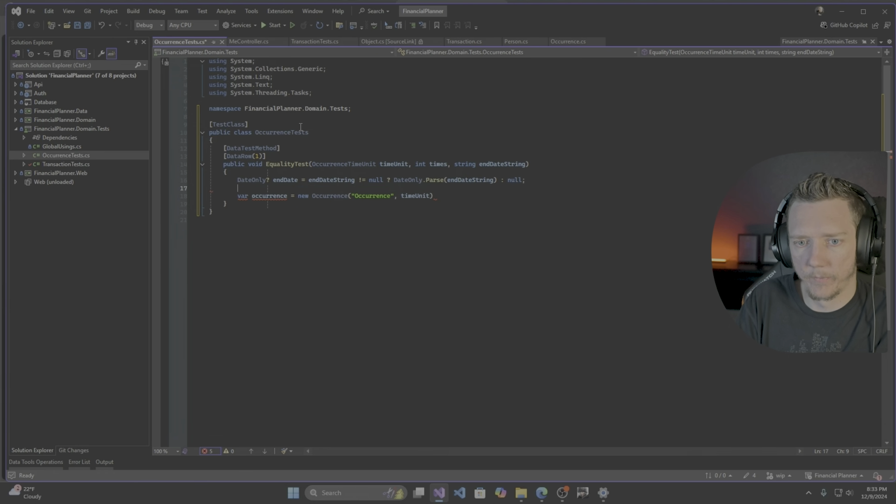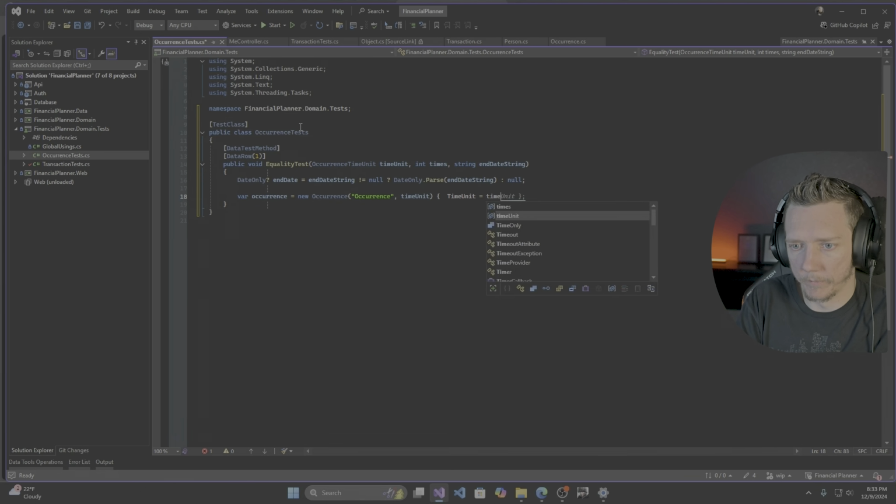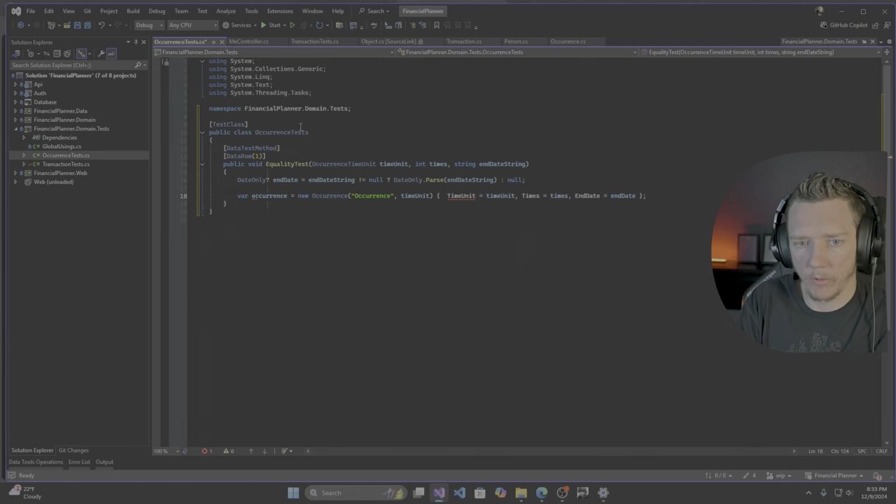Otherwise null. And then we can do our object initializer, time unit, and then the end date, like so. And let's see. Probably don't have an init enabled in the project. Maybe. Oh, never mind. We already set that through the constructor. So it's just those two there. And now we can say,